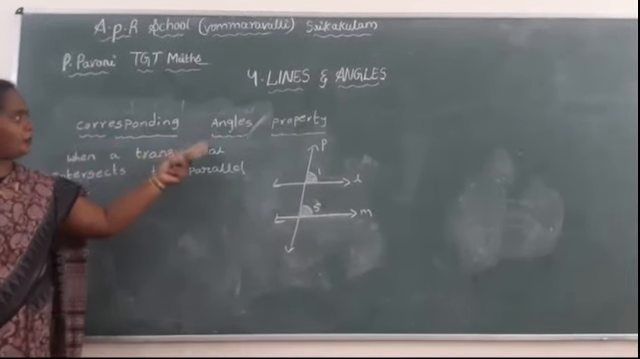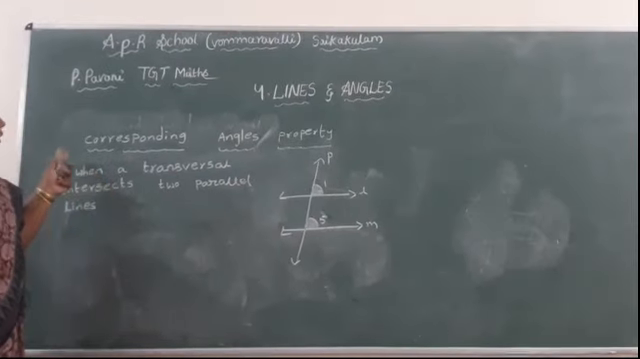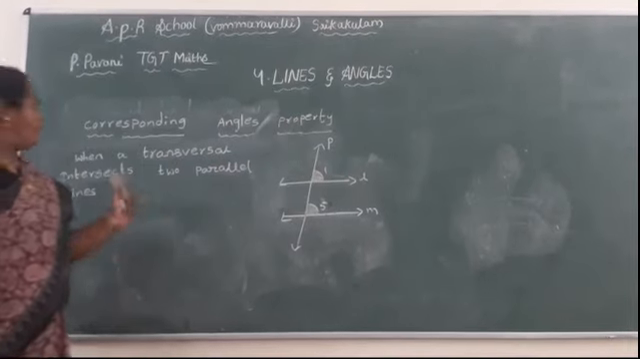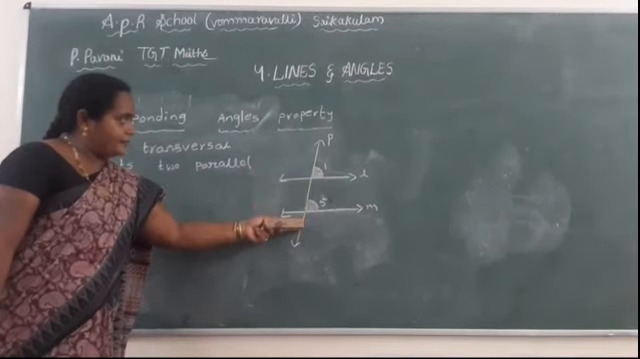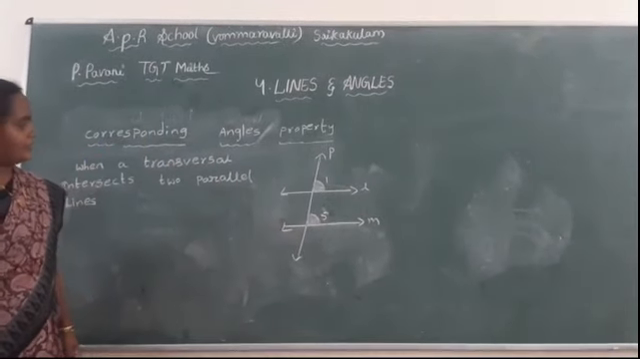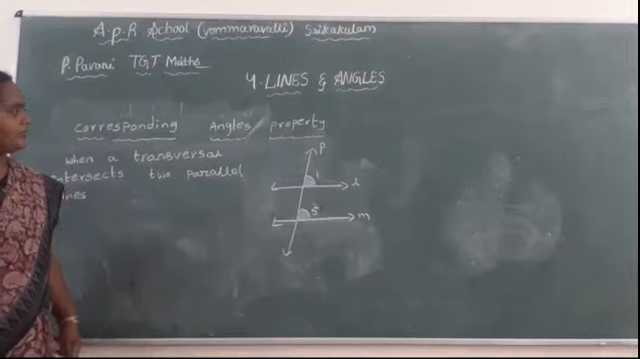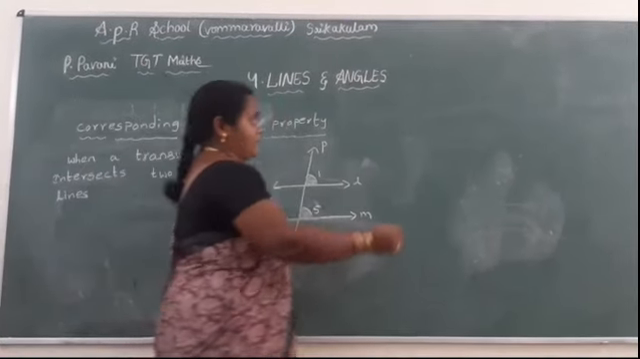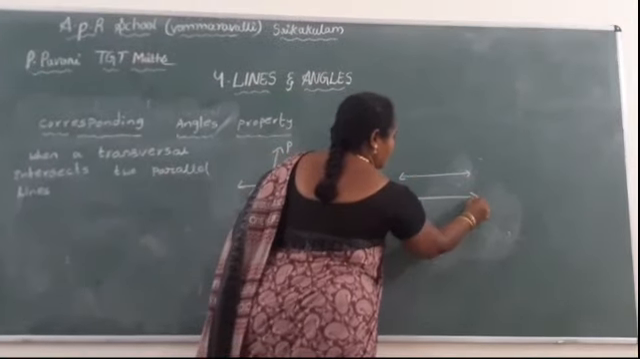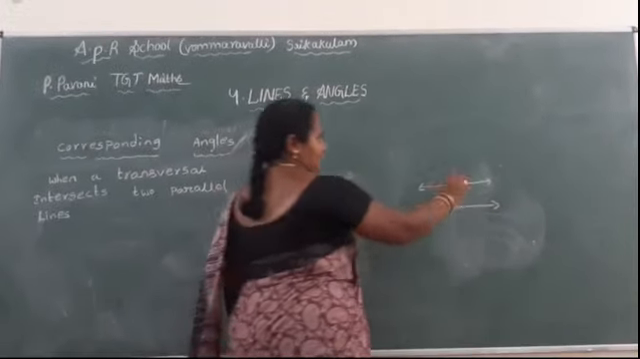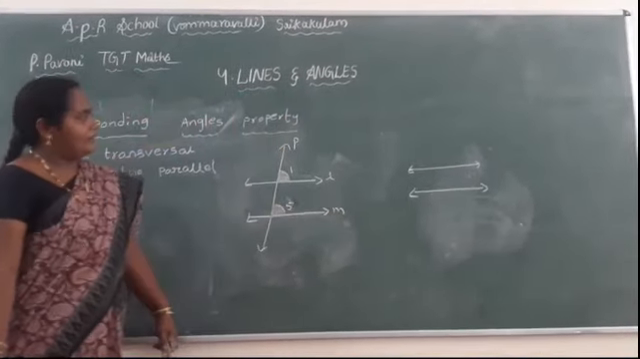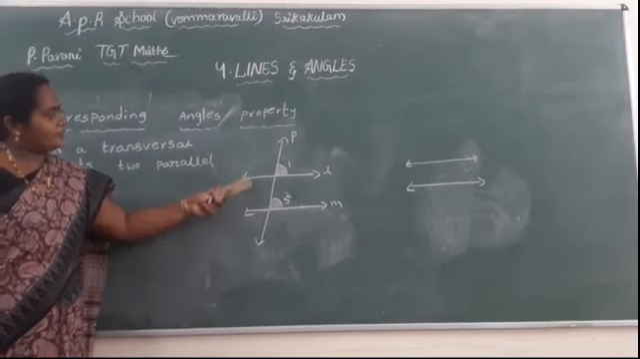Corresponding angles property. Now we discuss the corresponding angles property. When a transversal intersects two parallel lines, and parallel lines are two lines that do not intersect at any point, then...